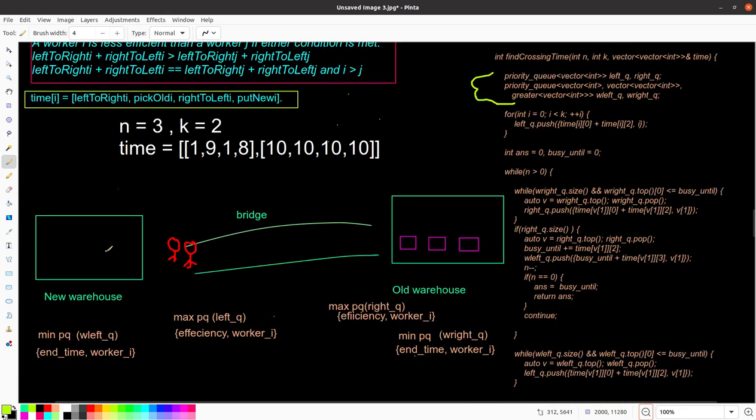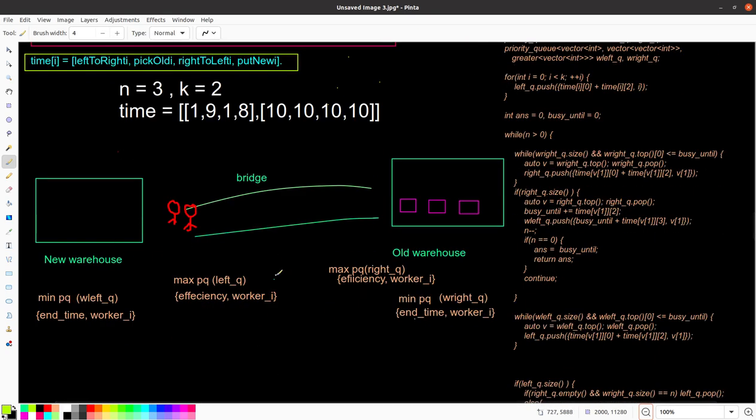So in this question, there are two warehouses and a bridge. The first warehouse, which is the new warehouse, is on the left side of the bridge, and the old warehouse, which contains some boxes, is on the right of the bridge. And there are some workers who are initially on the left side of the bridge, who want to move these boxes from the old warehouse to the new warehouse